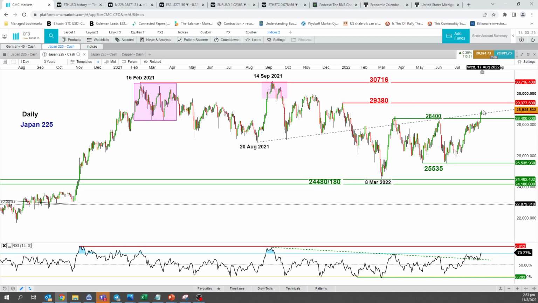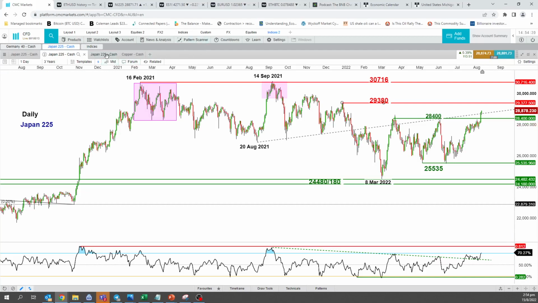So definitely in the short term, we could see a further push up towards this 29,380 level. And also, if we look at the daily RSI, it seems to be pretty much positive after it has shipped that bullish breakup from this former descending resistance that was previously resistant at 58%. Now I think it's a support at around the 56% and hasn't hit the extreme overbought level at the 81% mark.